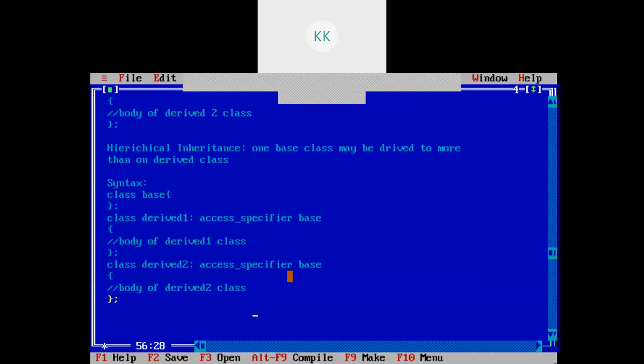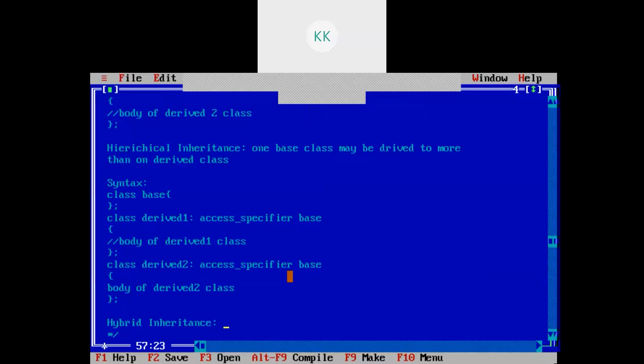So this is the next type of inheritance, and the last type of inheritance is called hybrid inheritance.